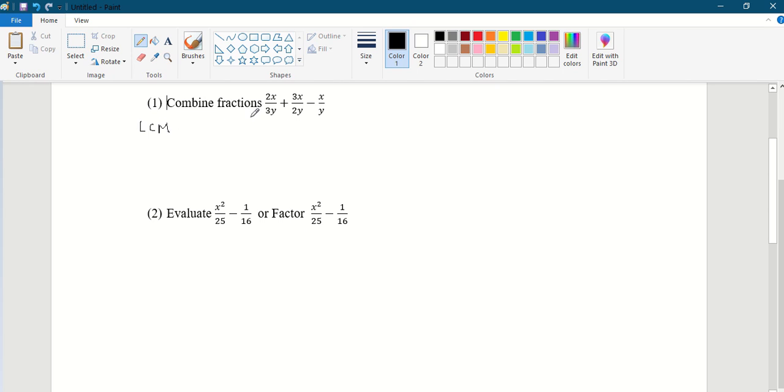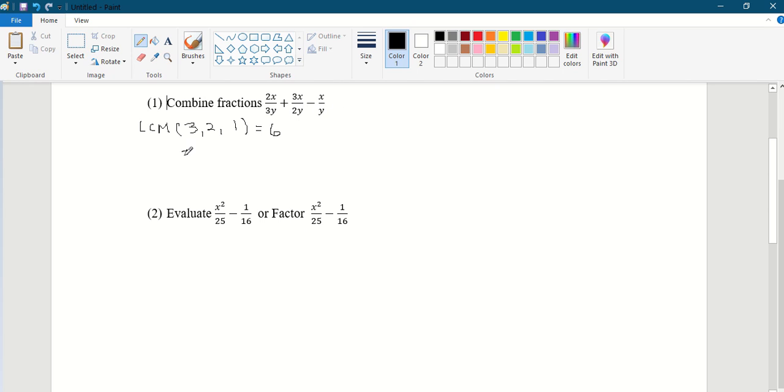Least common multiple in which 3y goes into, 2y goes into, and y. Notice all of this has y's. So y is already there. We don't need to multiply anything with y. Number wise, we need the least common multiple between 3, 2 and 1. A number in which 3, 2, 1, all of them go into is 6. So we'll need to multiply all of these fractions by numbers such that the denominators will become 6.